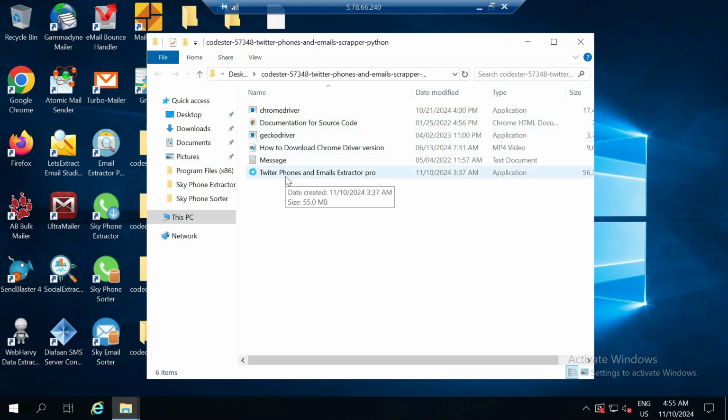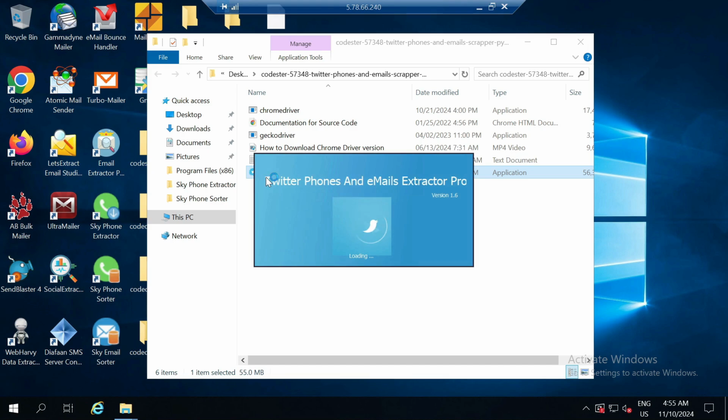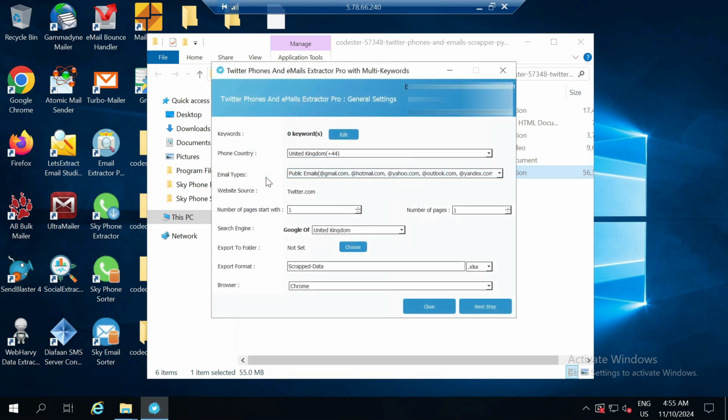For this demonstration, we'll focus on the main executable file, the .exe file. This .exe file doesn't require any installation or a license key. Just double-click and you can run it on as many systems as you need without any installation. When you open the software, a splash screen will appear briefly, and then you'll see an interface with options, starting